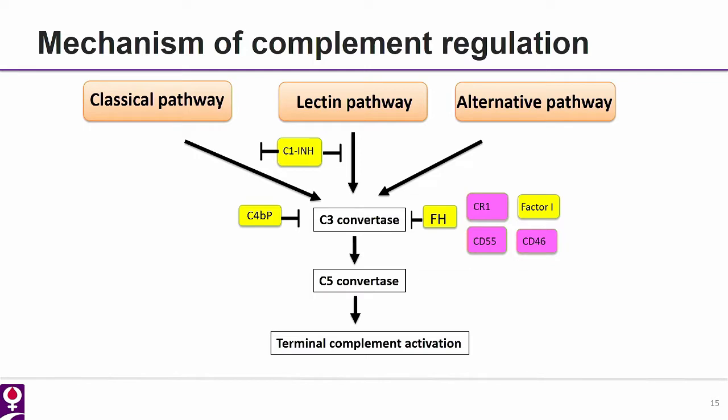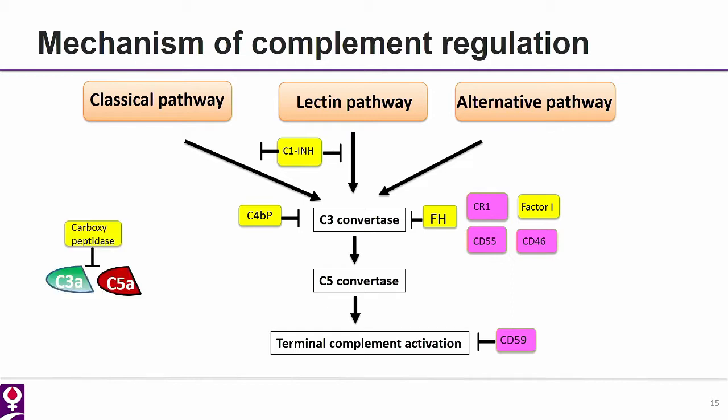Other complement regulatory proteins are factor I and CD46, which is also known as membrane cofactor protein. So factor I, with the help of cofactors, cleaves the C3b and C4b generated by various pathways and inhibits complement activation. Another complement regulator present on the membrane of cells is CD59. This works at the terminal complement activation pathway and inhibits the membrane attack complex formation and inhibits the